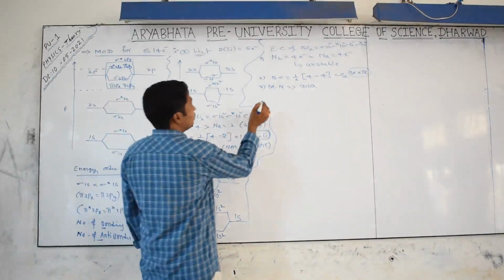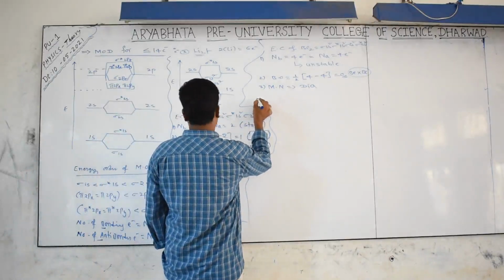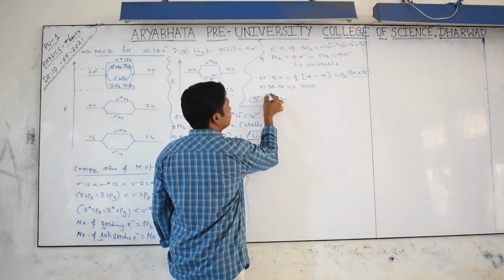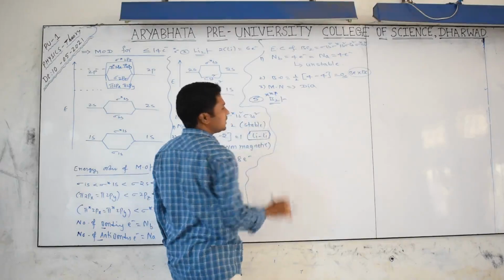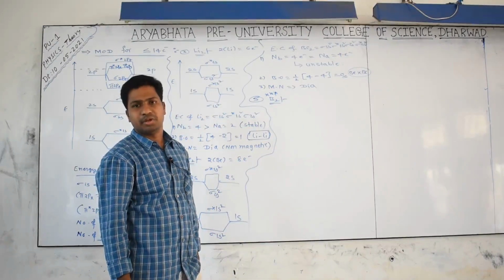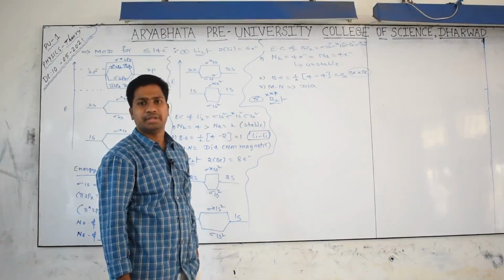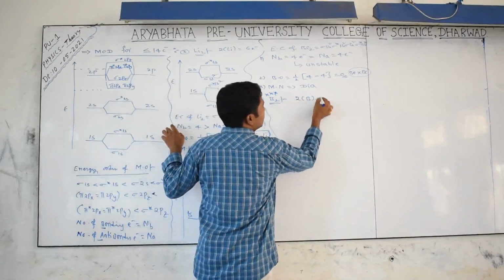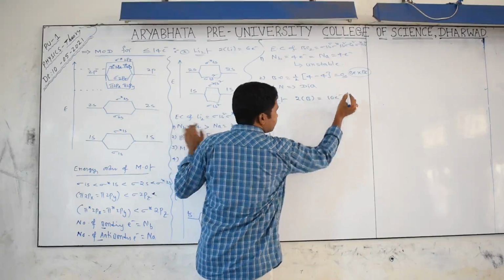I will give you one more molecule, I think the fifth one: the B2 molecule. This is important. He will ask the question like this only: explain the bond order, stability and magnetic nature of the B2 molecule according to molecular orbital theory. Okay. Here, how many borons were there? 2 borons were there. 2 times 5, 10 electrons will be there.